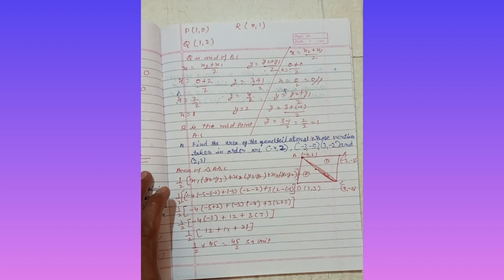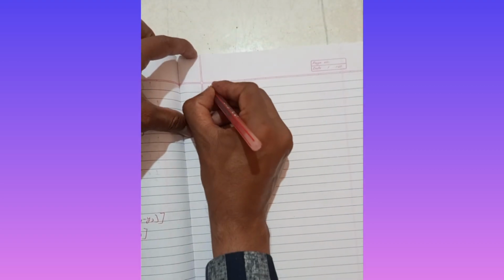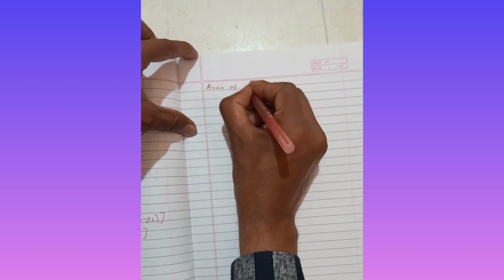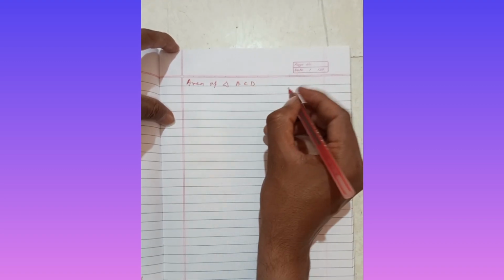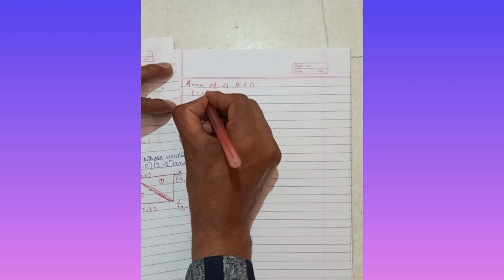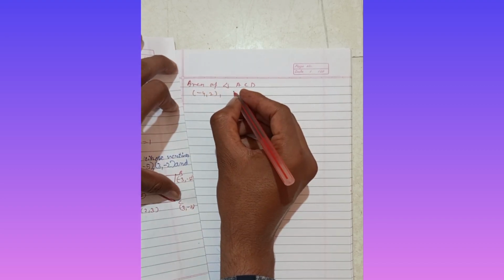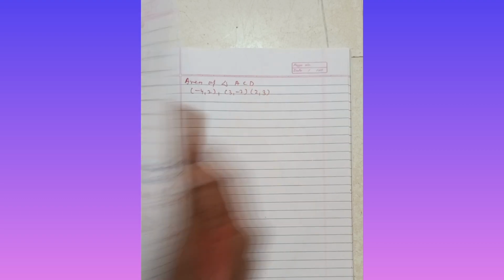Now we are proceeding to triangle second one. So what is the triangle second one? We got the area of triangle ACD. What are the vertices given? Suppose that this is A only, -4, 2, and another vertex is given as 3 comma minus 2, another vertex is given as 2 comma 3, and we are finding the area of this one.